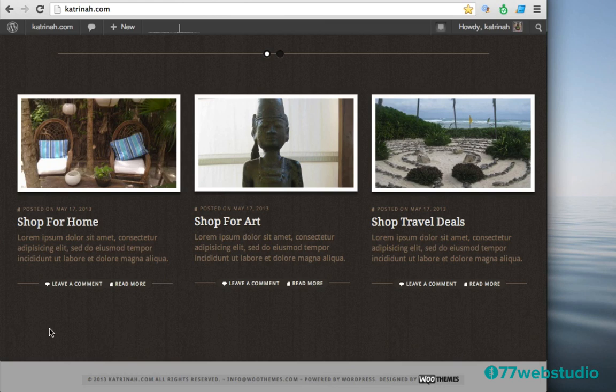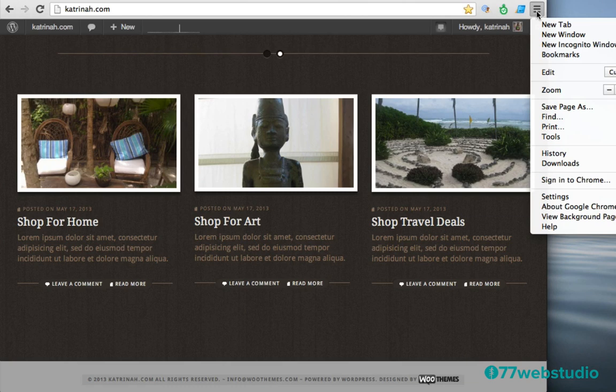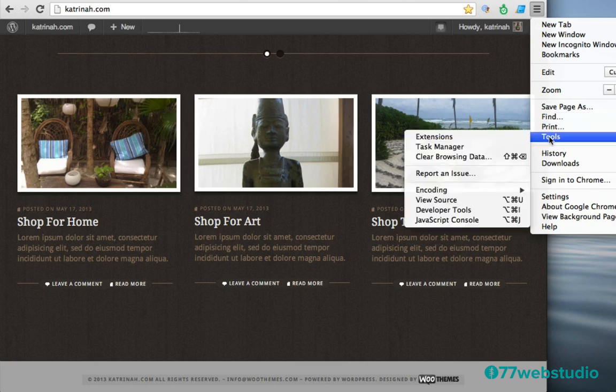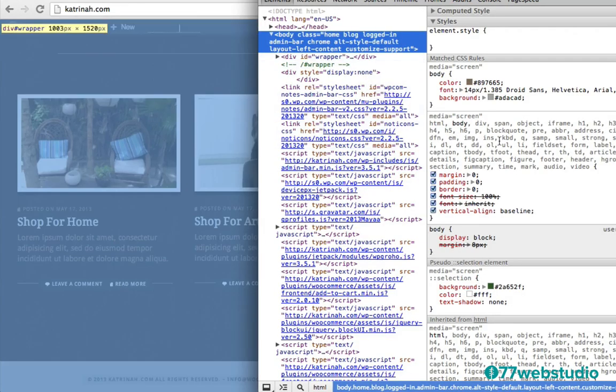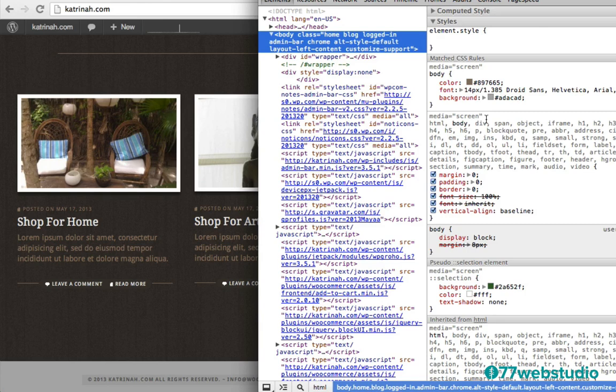The other way that you can get to inspect element within Google Chrome is you want to go up to this button here, these three lines. If you hover over it, you'll get a tooltip that says customize and control Google Chrome. So I'm just going to click on it, and a menu pops up, and then I'm going to scroll down and you want to find tools. When you hover over tools you'll get another set of options here, and one of them is developer tools. So I am going to click on developer tools right here, and then you'll see this is the developer tools with the inspect elements, all the different things that you can use to inspect each element.